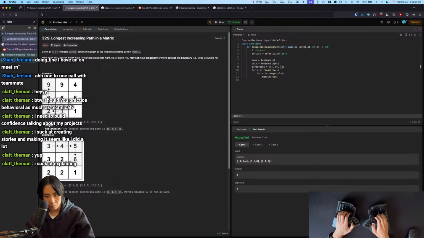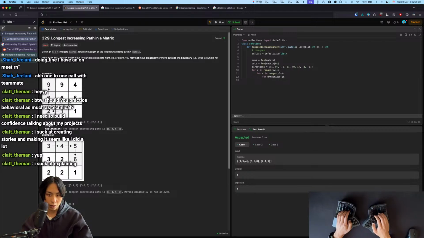So -1 and 0, 0 and 1, 0 and -1. Of these four directions, the dir,